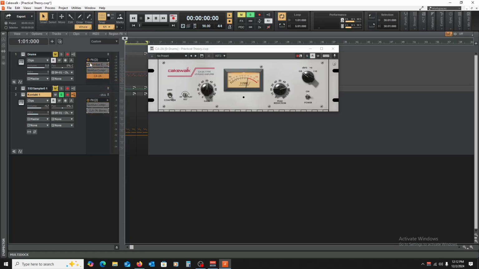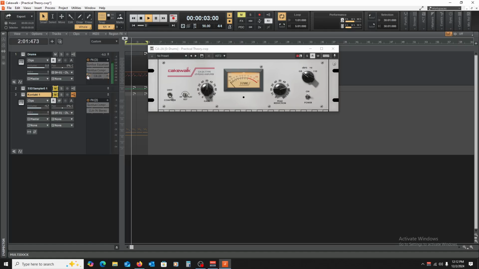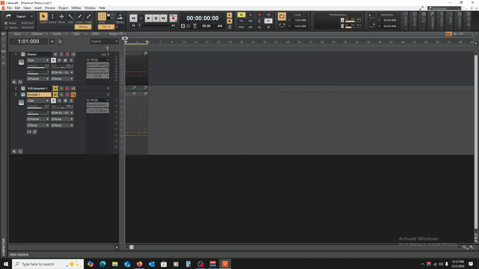So we can even see what that sounds like on this drum track here. So without it, with it. All right. And so just kind of showing you that